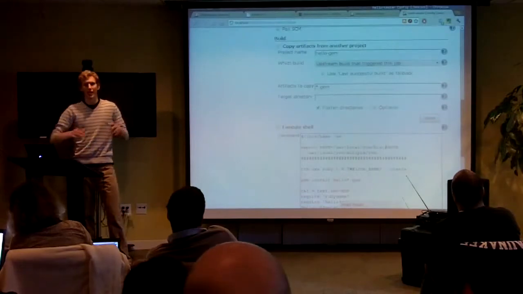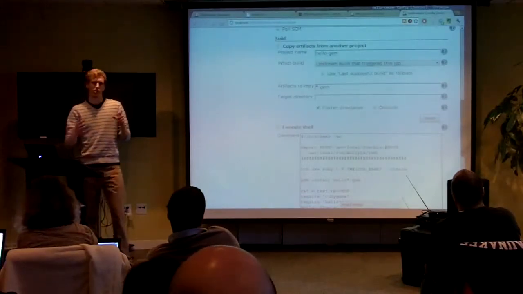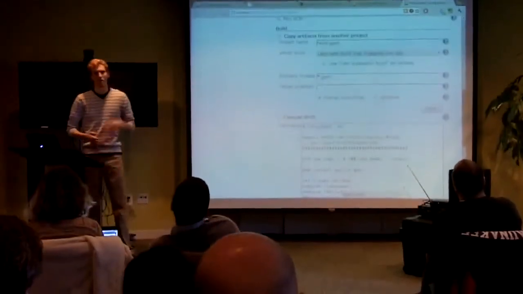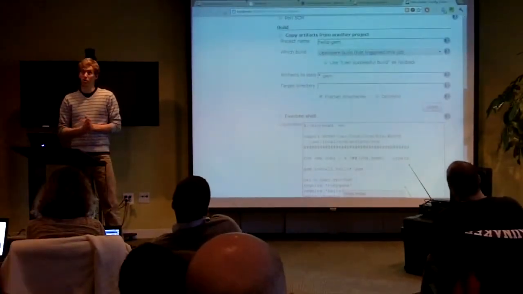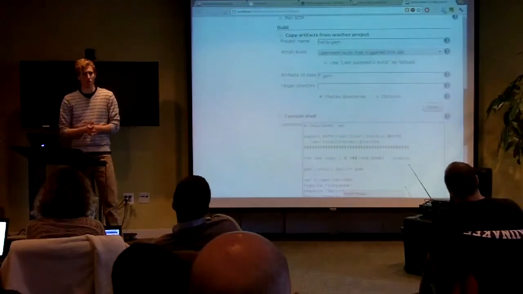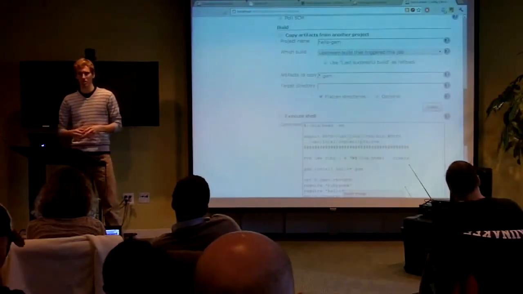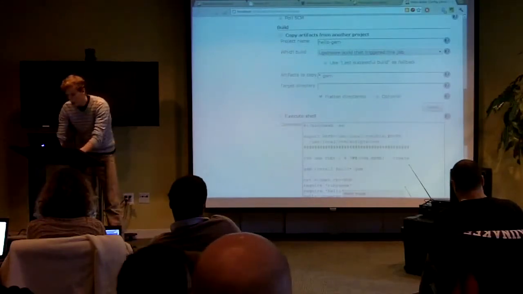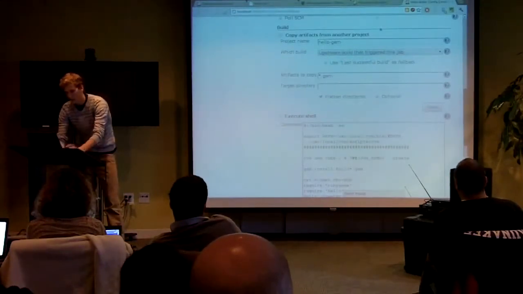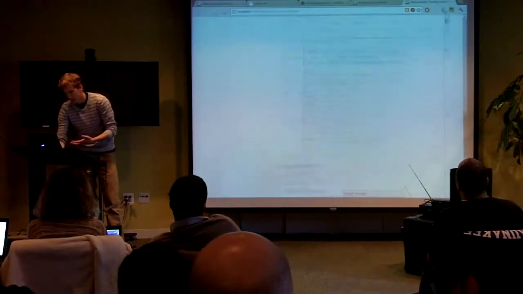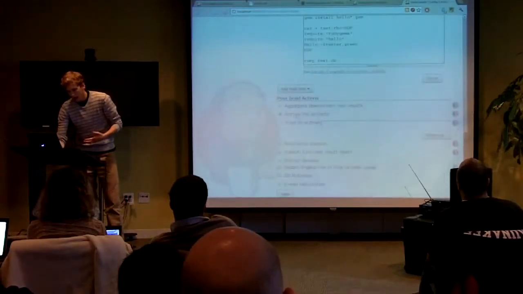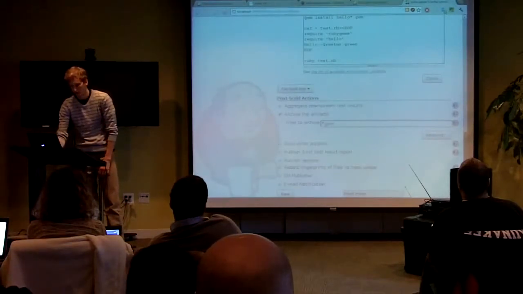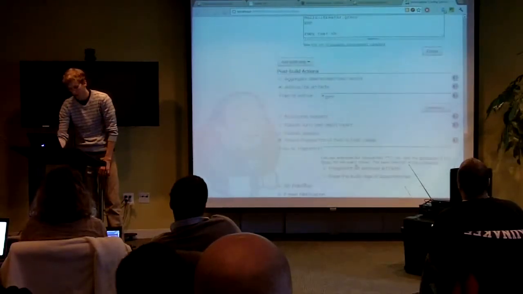Pretty much any additional stuff you want to do other than set up a cron to invoke a build step, there's an additional plugin for it. I think we're above 420 plugins at this point, which is a good thing, but also kind of a bad thing because it's difficult to find what you want. So this copy artifact plugin will pull in this gem, and I kind of need to re-artifact it and re-record